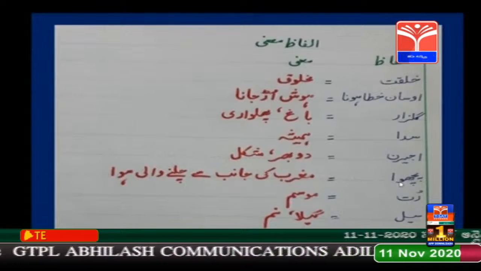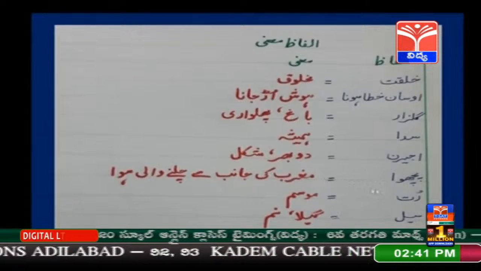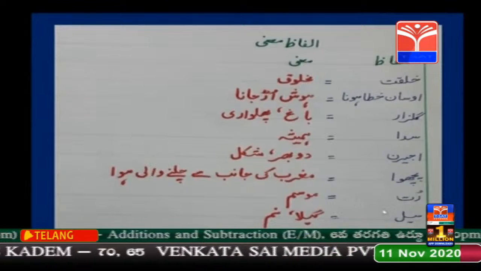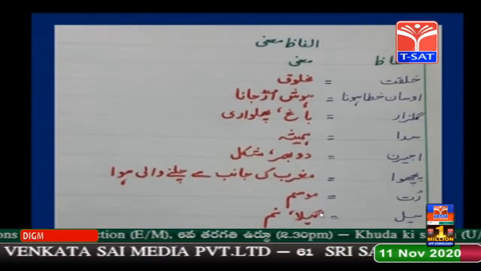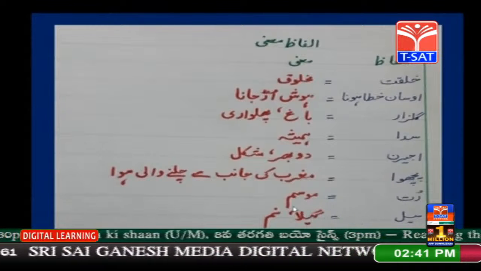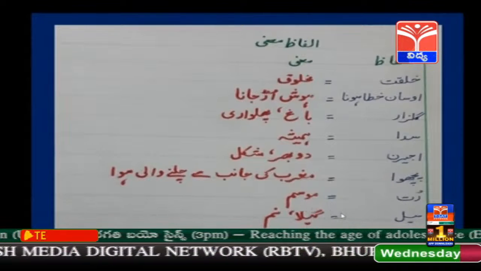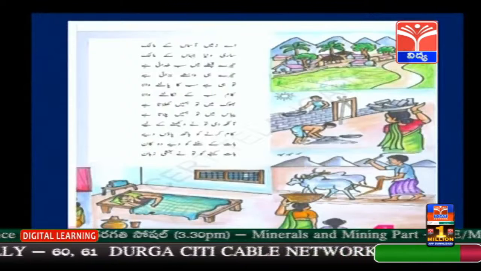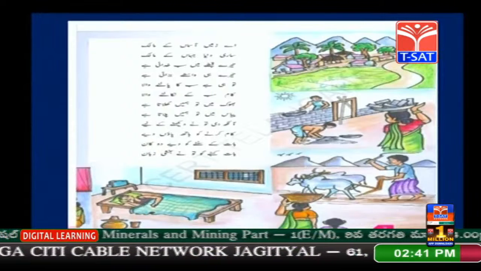से चलने वाली हवा। मगरिब की जानिब से चलने वाली हवा, इस पिछवा को चलाने वाला भी अल्लाह ताला है। रुत, रुत का मतलब है मौसम। रुत अल्लाह के हुक्म से बदलते रहते हैं। और सील, सील का मतलब है बच्चों गीला, नम। गर्मी के मौसम में सील का नामो निशान नहीं रहता। गर्मी के मौसम में चूँकि हिद्दत और तपिश रहती है तो फिर सील का नामो निशान नहीं रहता।